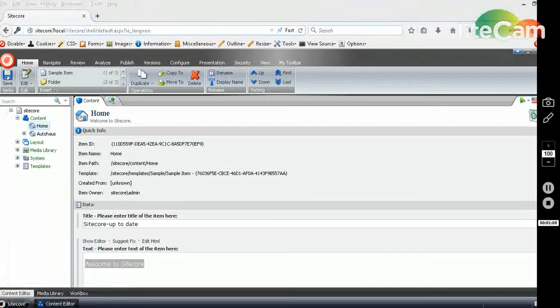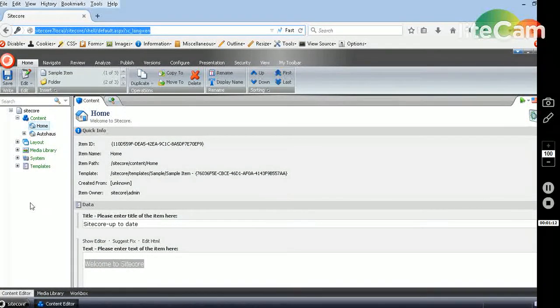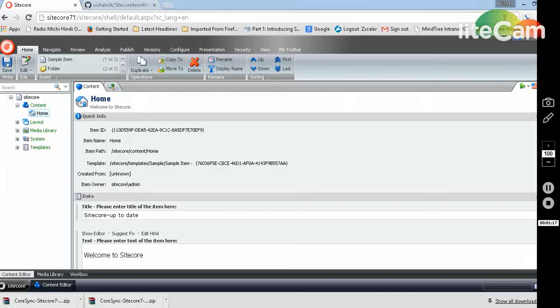Then I have a target system, Sitecore 7.1. You can see here that it doesn't have any of the AutoHOS content. It is just having Sitecore home.